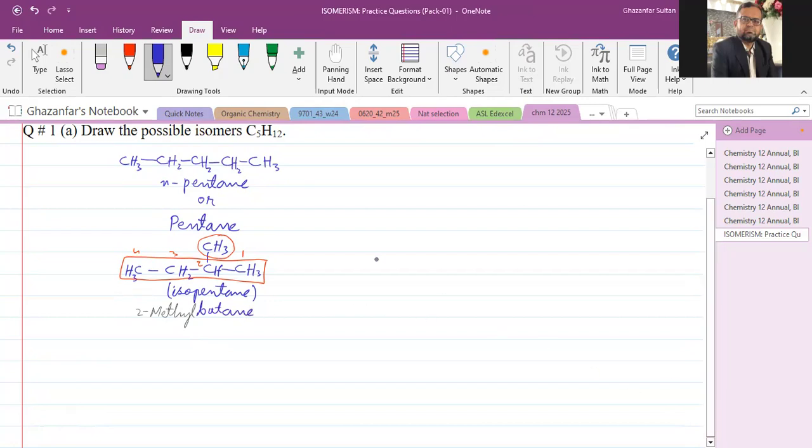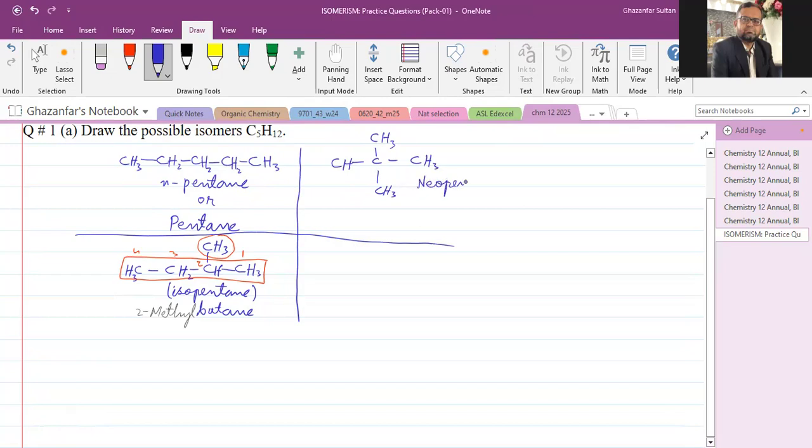And another possibility for C5H12: draw the chain of 3 carbon atoms and on the central carbon atom, put two more carbon atoms in this way. So a new compound was developed, it was identified, and the name of this compound is neopentane. Neopentane is the common name, but its IUPAC name